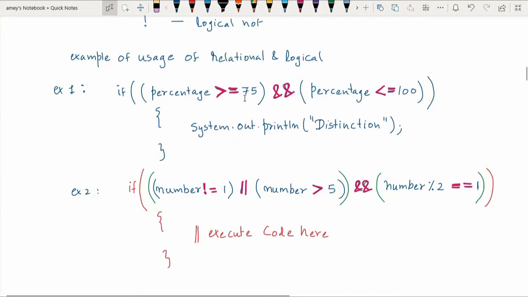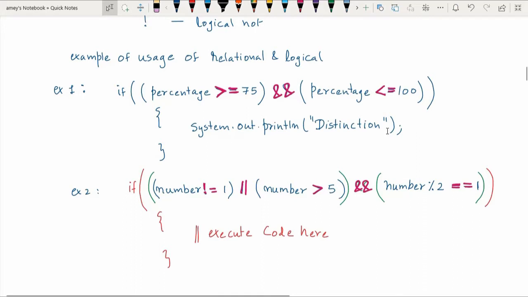So if this condition is true, and now this is nothing but the logical AND operator, and if the second thing is also true, that is percentage is less than or equal to 100. So that means if the percentage is from 75 to 100%, if both these conditions are true, only then you are going to print a message that the person has got distinction.